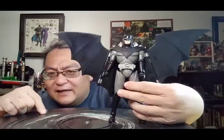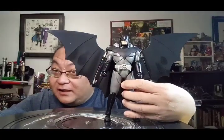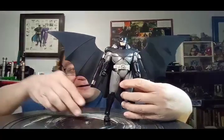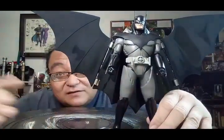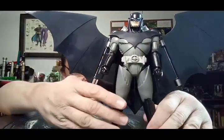Oh, the other nitpicky thing. Technically, he's supposed to have a giant sword thing, because Dark Knight, sword, get it? Dumb joke. Anyway, that is missing, but again, it's gonna be one of those, look, $25, all right? But yeah, as you can see, the reproduction is gorgeous. Now the articulation,